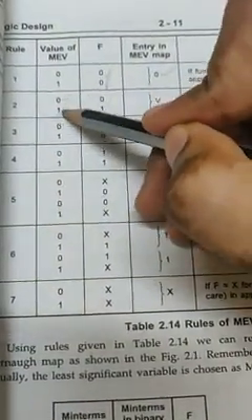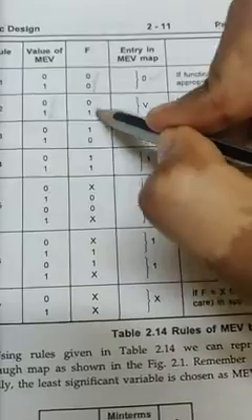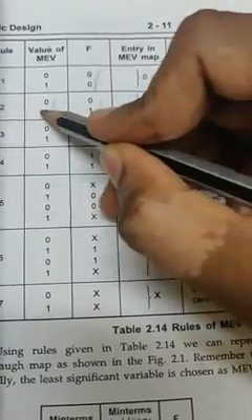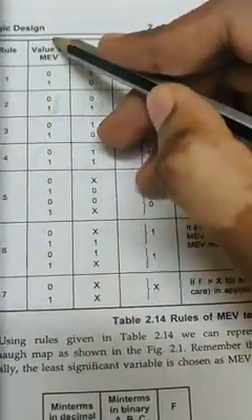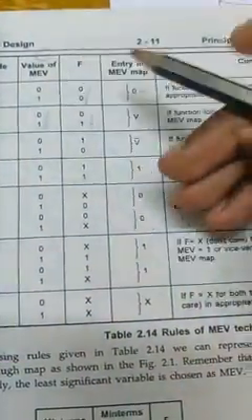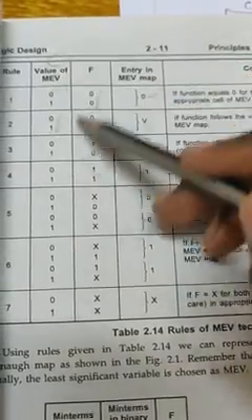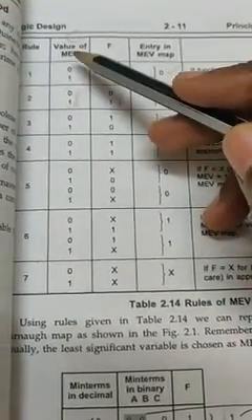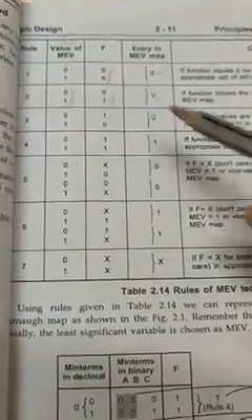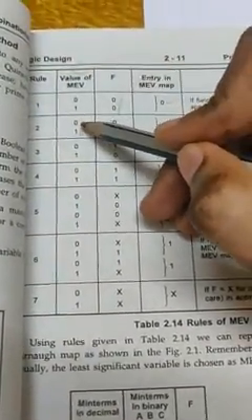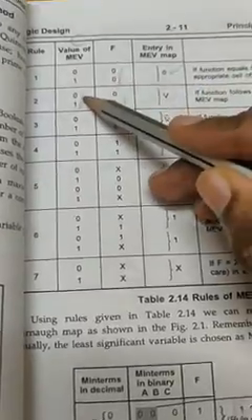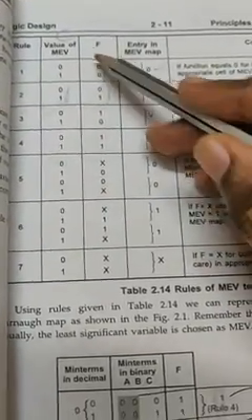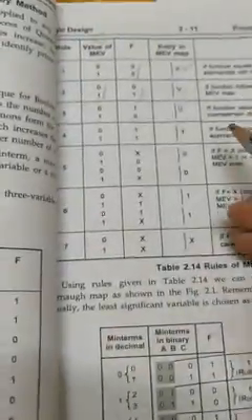So when this and this are the same, 0 0 and 1 1, write C. If you have made this a C column, write it as C. They have not taken any one particular column as a map entered variable; they have just explained the rules here. So these rules are supposed to be applied for this column. If it is the C column and these inputs are the same, then directly write it as C.